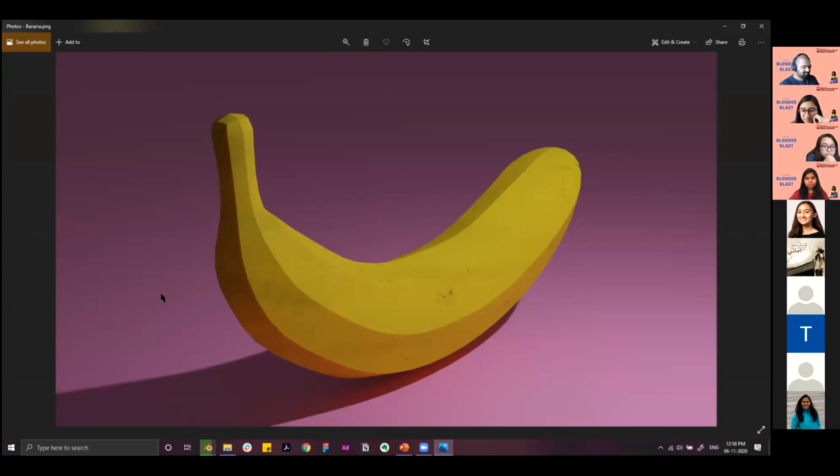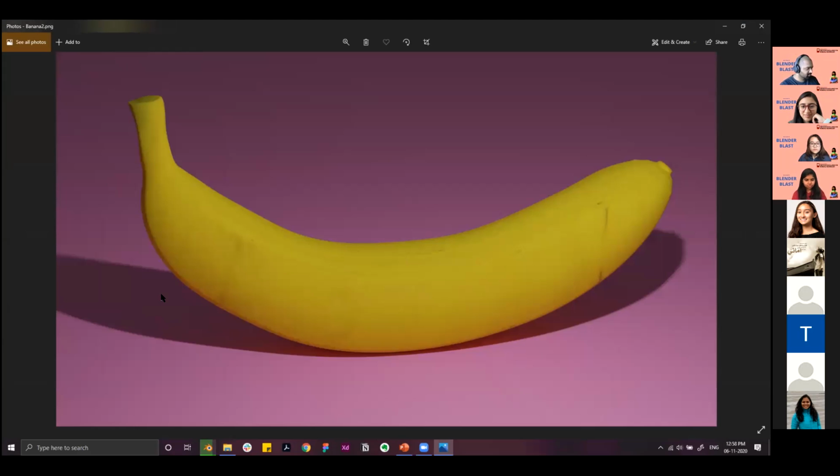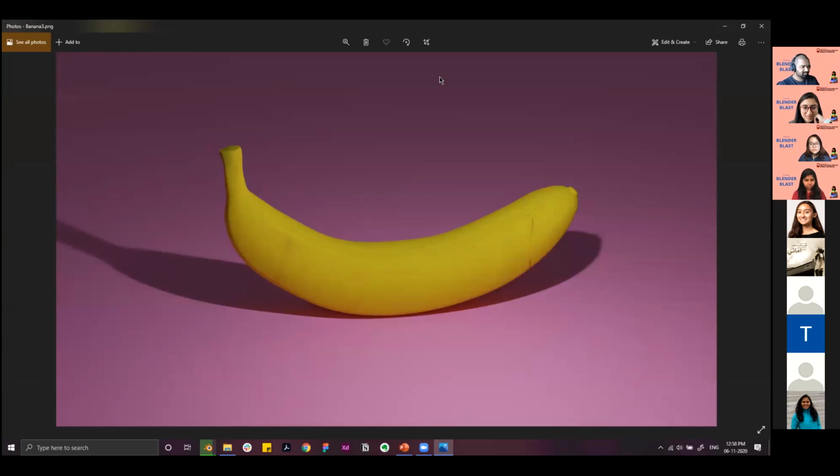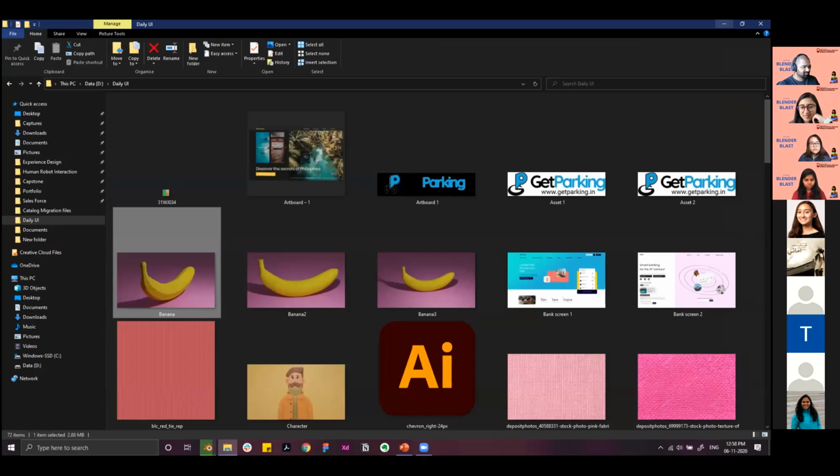So that's, I think, the key takeaway, if anything: keep focusing on doing something every day, no matter how good or bad it is. But then again, once I was done with this banana, I iterated more on it and made it more defined. So again, it's the whole aspect of just showing up and doing something.